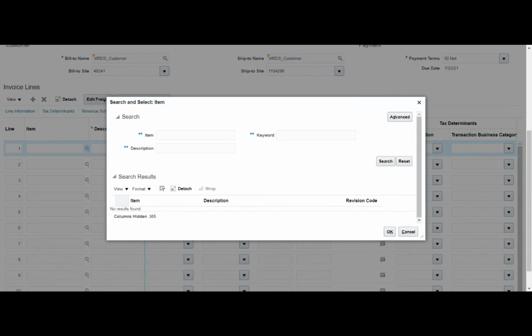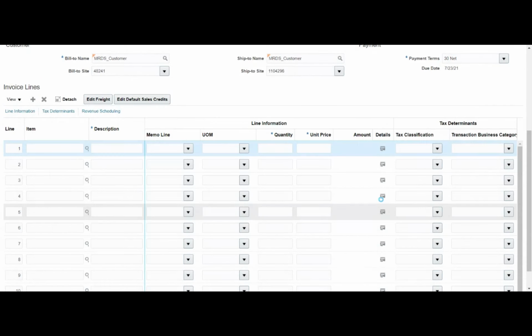Let me check once. Yeah, that is attached. Okay, so let me show two things: one is without item, and the other I'll show with item.